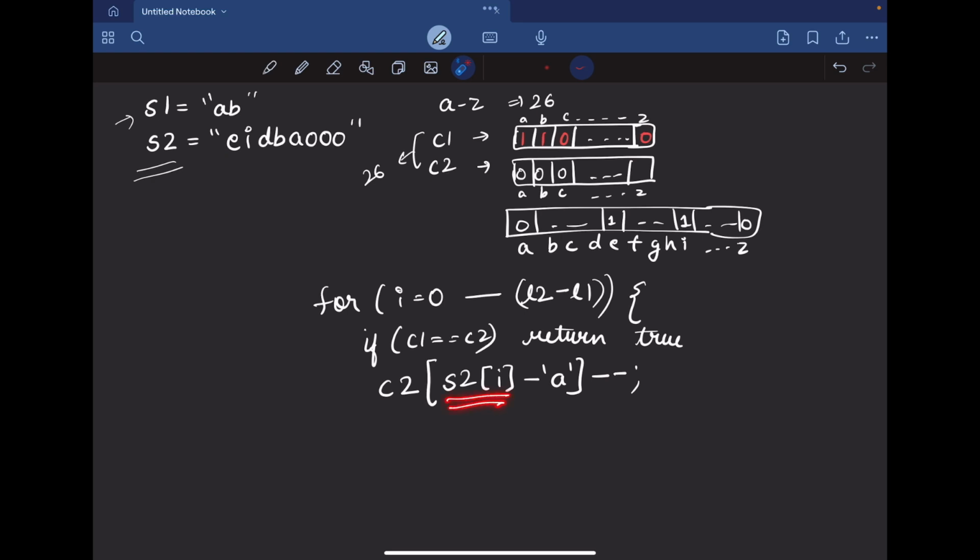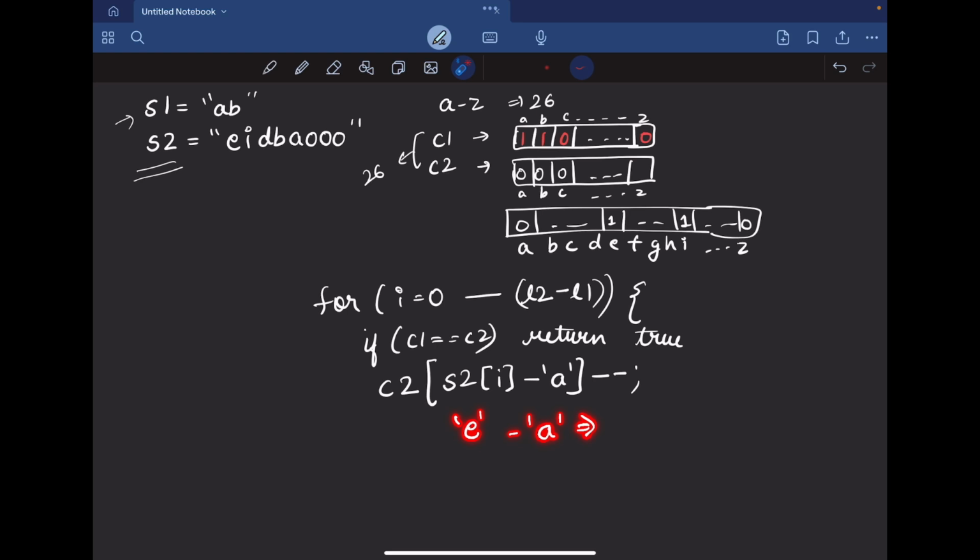We are removing this, so this has to be decreased by 1. So we have done S2[i] minus 'a'. So see, this S2 of i is a character. It is not a number. But the C2 is a vector and the vector indices are always numbers. They are never characters. So that's why we subtract 'a'. So in this case, our S2 of 0 was E. So it will do E minus 'a', right?